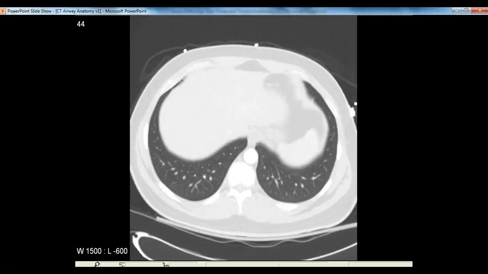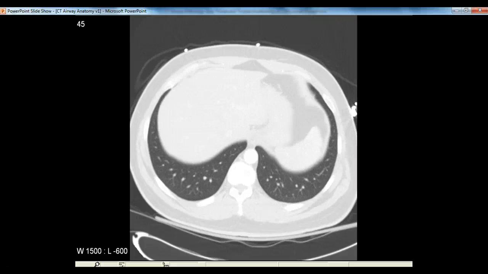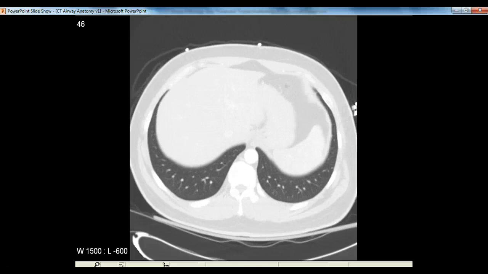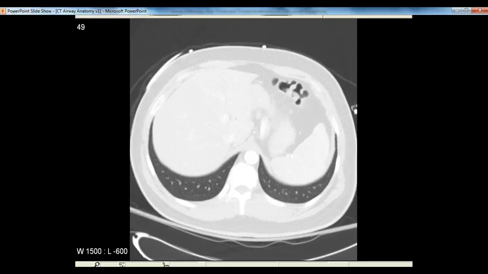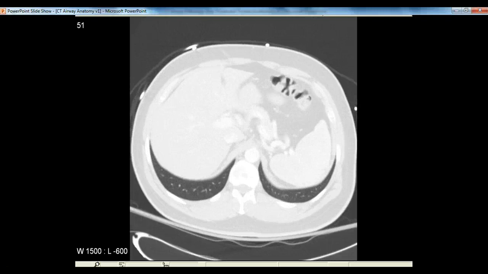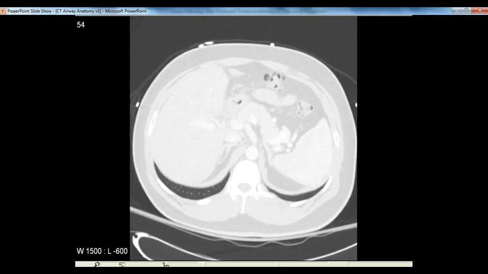So now we've got other structures there. On the patient's right, we've got that gray structure with white lines through it. That's the liver. On the left, we've got the stomach, we've got the spleen, and they're in front of posterior lung. So those inferior lobes are extending all the way down behind these structures. And we've got bowel, the pancreas is in the middle there. We keep coming down, and